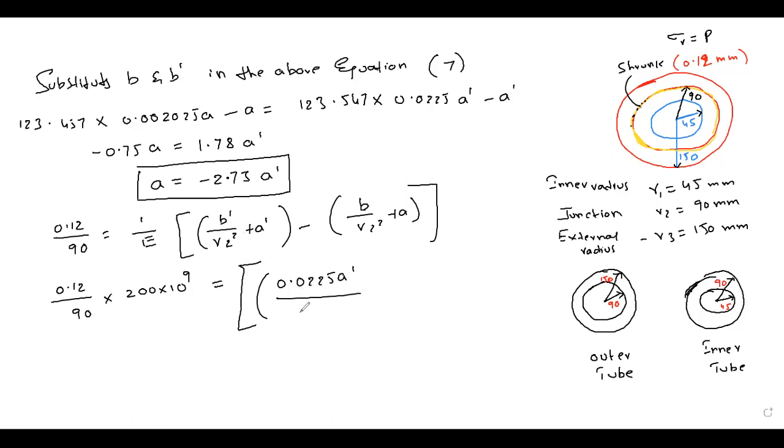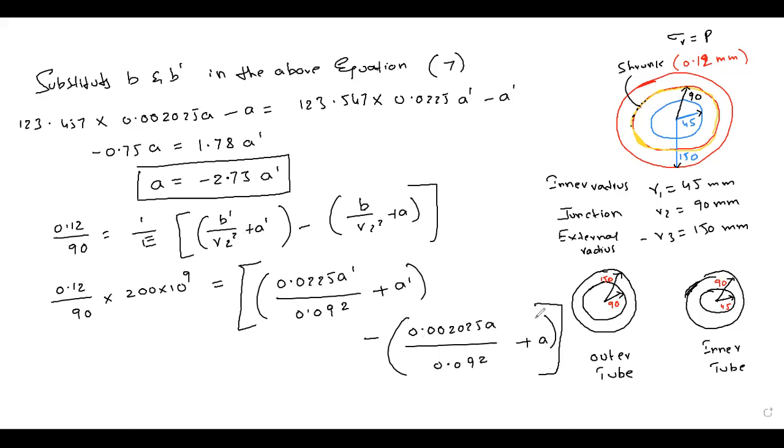What is the radius at the junction? 0.09 square plus a dash, minus what is the value of b? 0.002025 of a by 0.09 square plus a. Which should be multiplied with 10 power 6. Why? Because I want all readings in mm. If you solve this equation, finally you will achieve 3.78 a